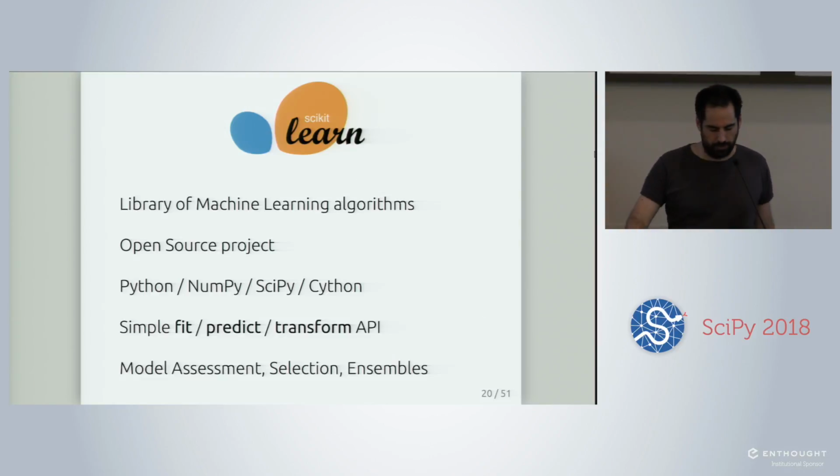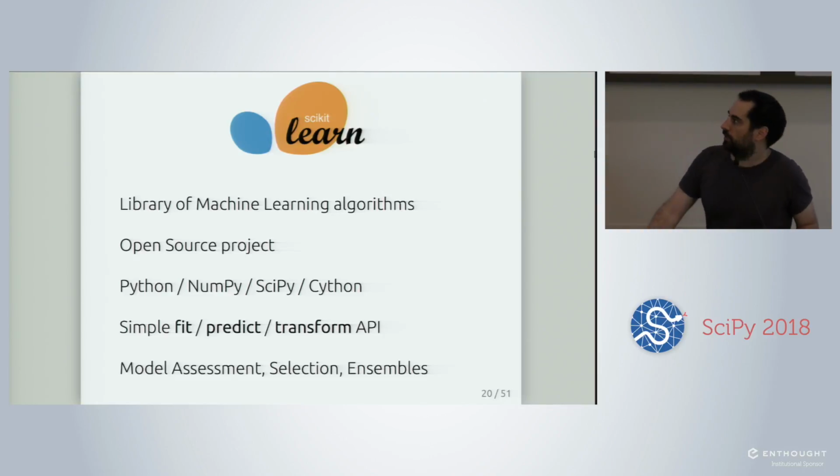So here are some typical applications for real-life machine learning, predictive modeling. Those are all users of Scikit-Learn. They publicly communicated about their use of Scikit-Learn. So for instance, the New York Times has a team of data scientists that works on modeling the virality of the news and engagement of the readers.